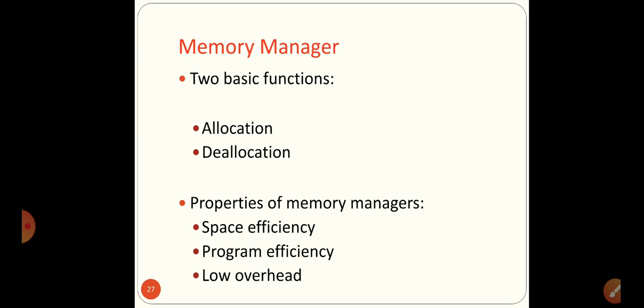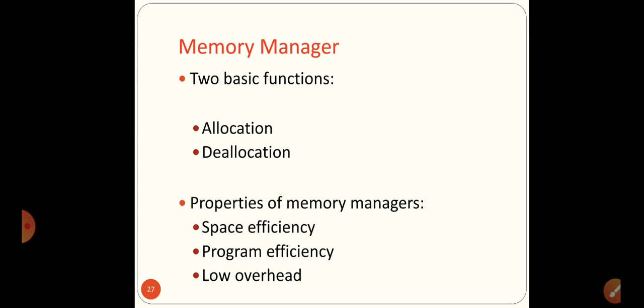Memory management. It is very important now to understand the role of memory management. We have two types of memory. The first one is the physical memory, and the second one is the secondary memory, that is RAM and ROM. We know that RAM is limited, ROM is not limited. Nowadays we can have 1 TB of ROM but only 8 GB of RAM. During execution the program is loaded from ROM to RAM.